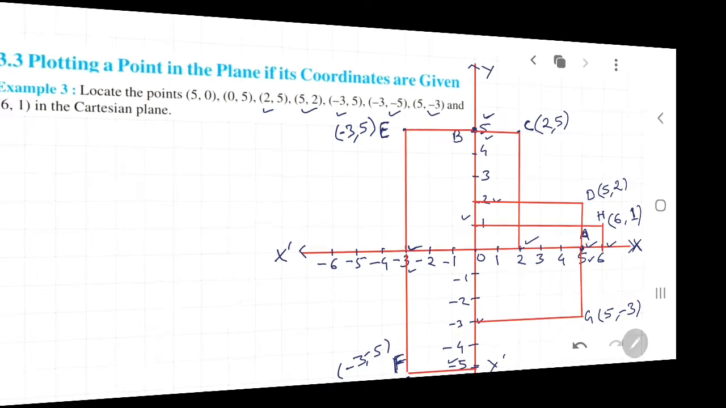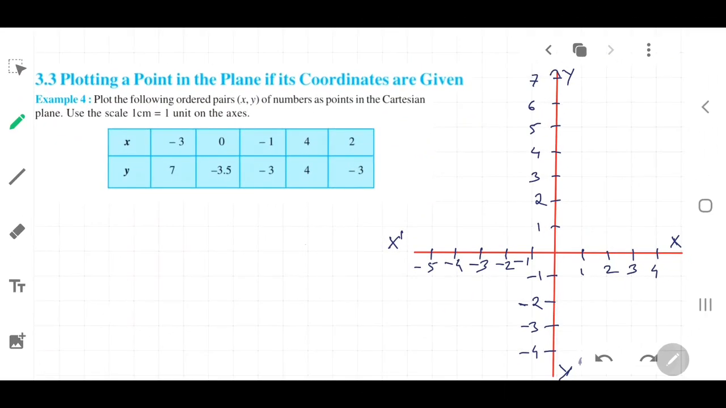different coordinates. Okay. So student, we are going to solve example number 4. Plot the following ordered pairs of x and y of numbers as points in the Cartesian plane. So here different values of x and y that has been given to you. Correct? So these values you have to plot on the Cartesian plane. See the first one,